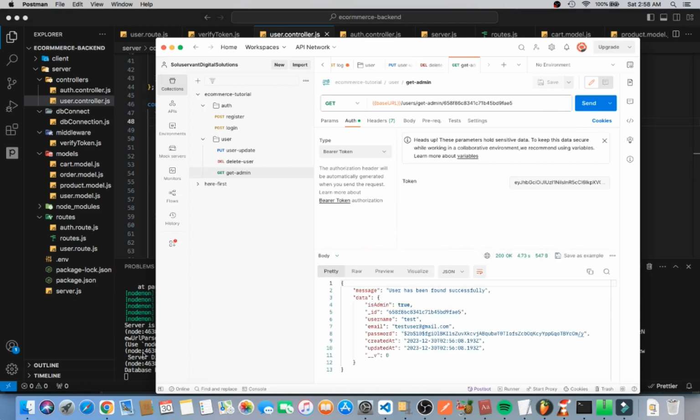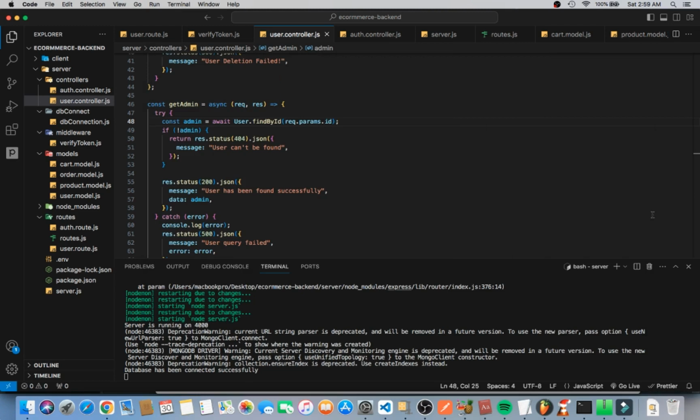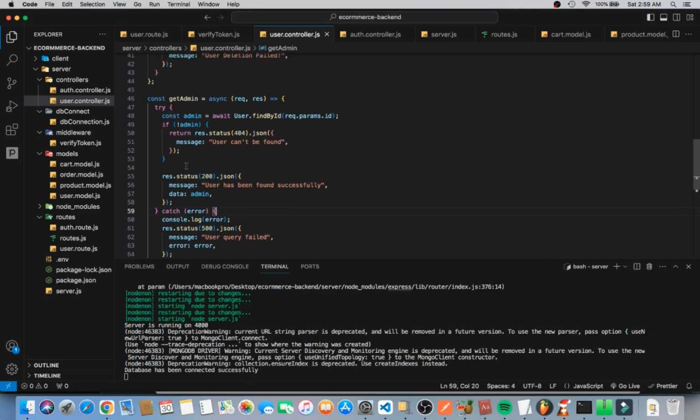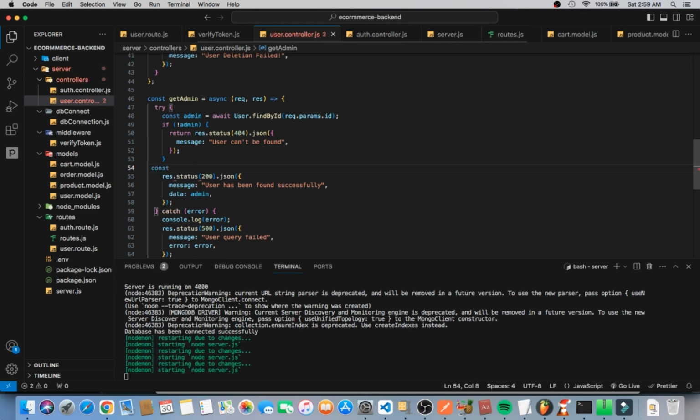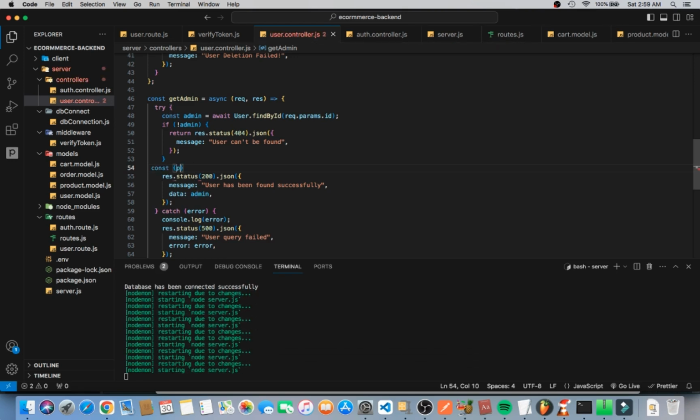So okay, as you can see, the user has been found successfully, and then we can now see our user here. But as you can see, there's a password getting out. We don't want to receive the password in any way. So what we want to do here is we want to come under here, and then instead of printing out admin, we want to deconstruct admin. So deconstructing admin, we take out the password,